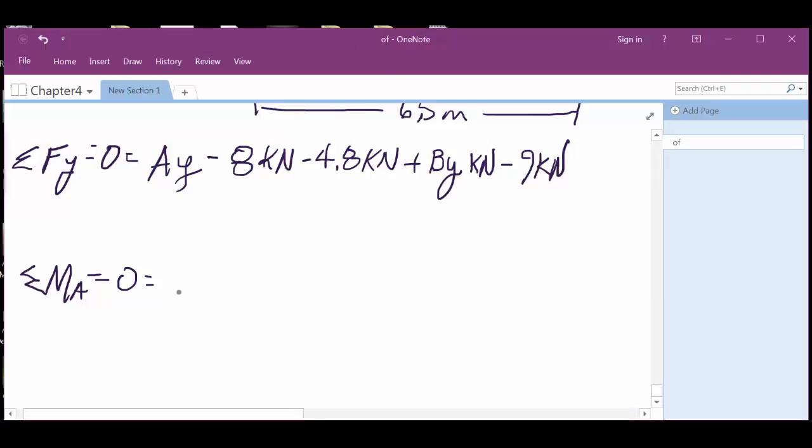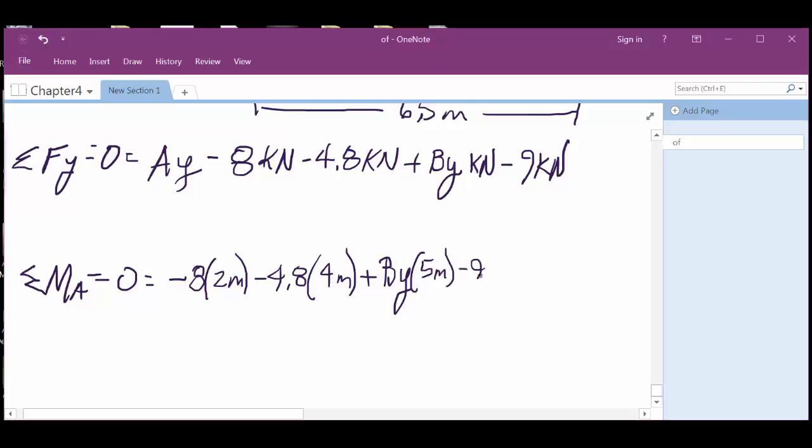So if we do a moment about point A, we've got minus 8, right? It's going clockwise, and clockwise is negative. 8 kilonewtons times 2 meters, minus 4.8 kilonewtons times 4 meters, plus By. By is going up, which makes it go counterclockwise, so counterclockwise positive, times 5 meters, minus 9 kilonewtons times